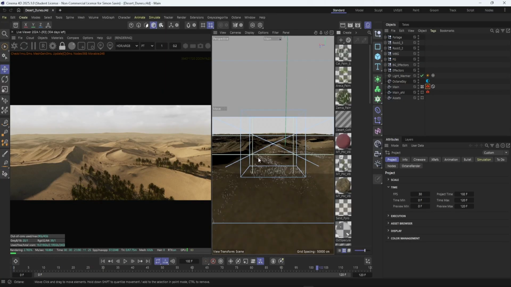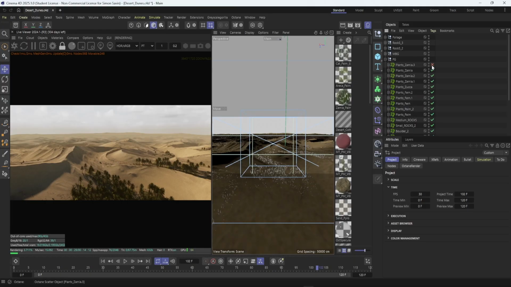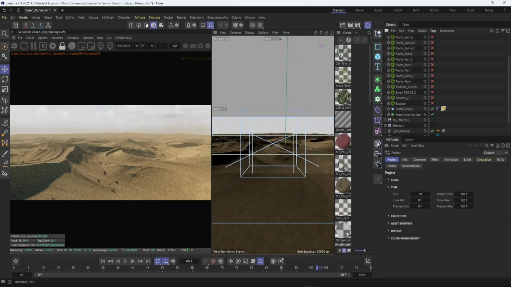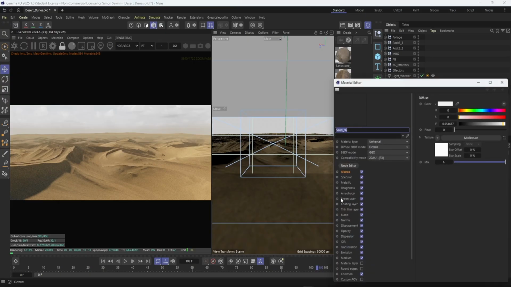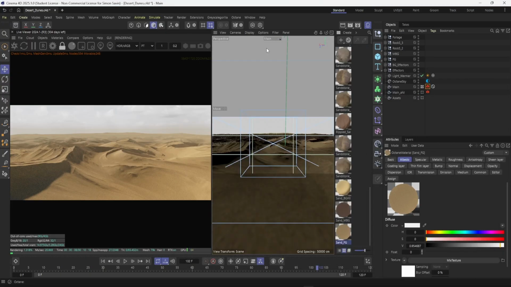Okay, we're back. Cinema 4D randomly crashed. Happens. Let's keep going. So where we left off, if we turn off all the foliage here and all the scattering, and let's look at the material used on this landscape. So this hero landscape is using one material here, and it is basically